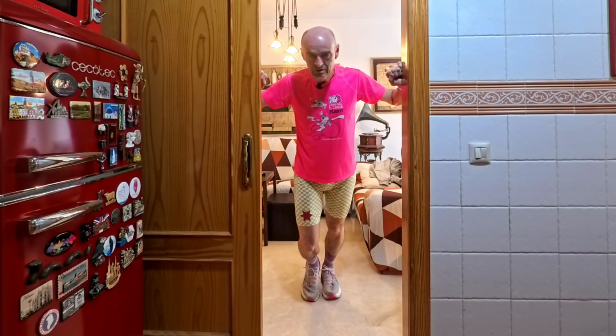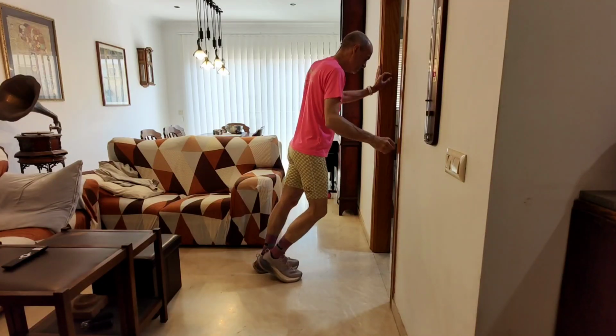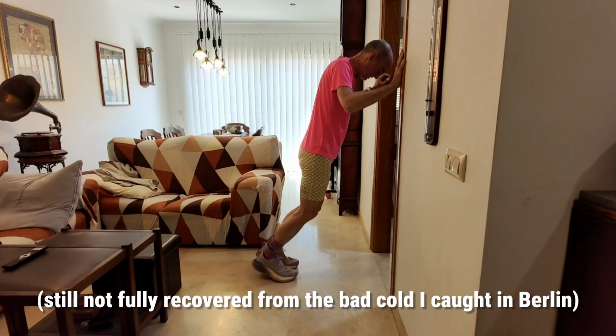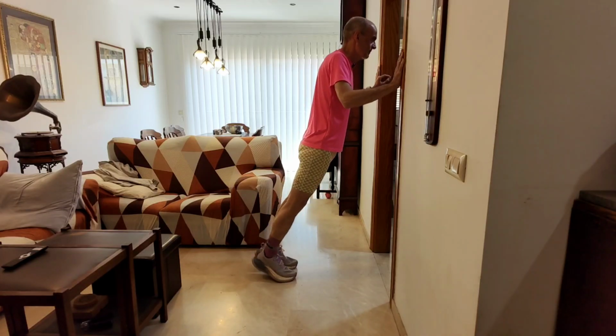Now this doesn't require any piece of equipment. It doesn't require a lot of space either. In fact, as you can see, I'm very short on space here. So we sort of go from bottom to top, starting with the ankles, Achilles tendons and calves. Stretching my Achilles now, calves, raise ups,